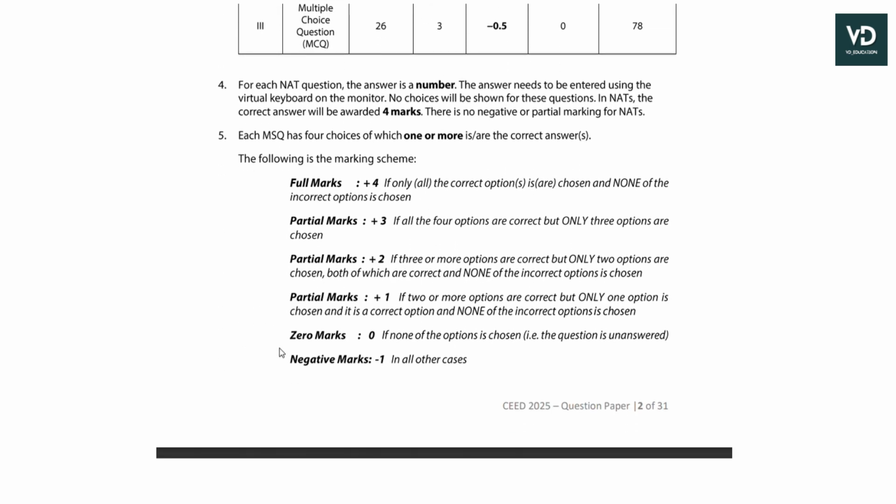For each NAT question the answer is a number. The answer needs to be entered using the virtual keyboard on the monitor. No choices will be shown on this question. In NAT the correct answer will be awarded 4 marks. There will be no negative marking or partial marking for NAT. Okay,